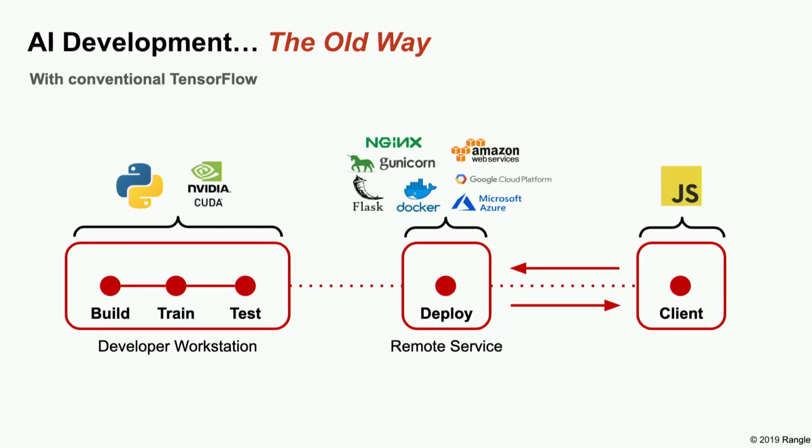So you might, for example, build a Flask server around it. You would have to think about things like how am I going to handle volumes of requests coming in. So you might need to create a proxy server with Nginx and gUnicorn to do load balancing. You may want to deploy it on Amazon or Microsoft Azure or Google Cloud Platform. The reason being, as the volume of requests comes in, you might want to scale the